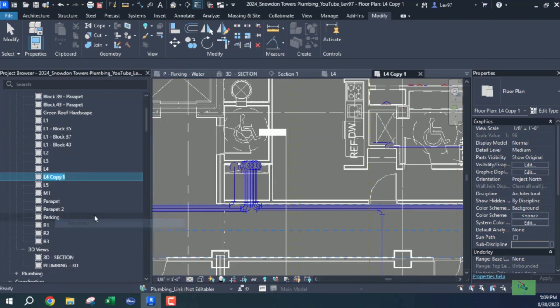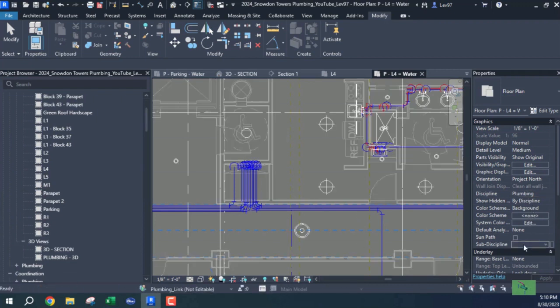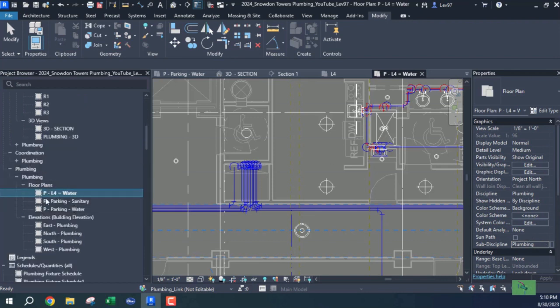I'm going to rename it. I'm going to call it P dash L4. Let's call it L4 dash water for now. And I need to change the discipline to read plumbing, and the sub-discipline is also going to be plumbing, so that when I do look at it, it's going to be down here with the rest of the plumbing